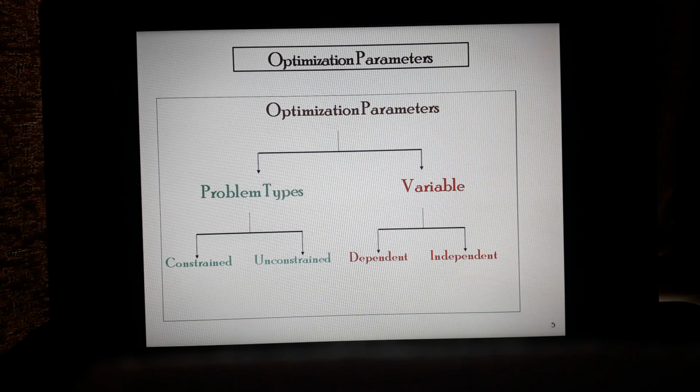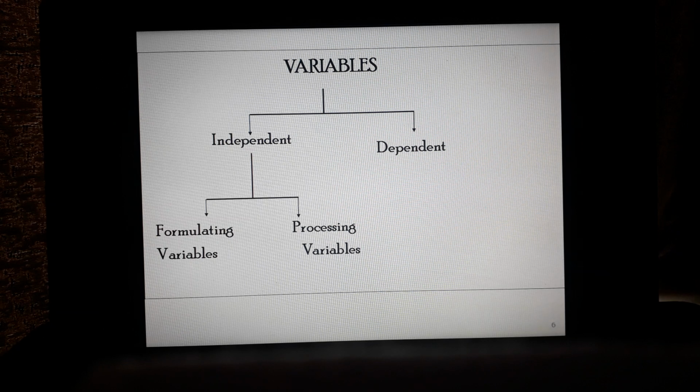So for your basic understanding, I'm going to focus only on the tablet because it will be quite easier for you to get the problem solved. As far as the constrained problem type is concerned, the constrained problem involves making the hardest tablet possible, but it must disintegrate in less than 15 minutes.